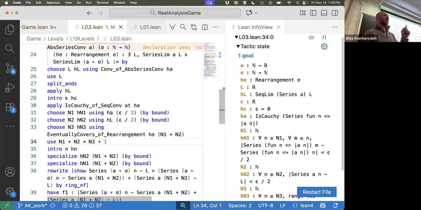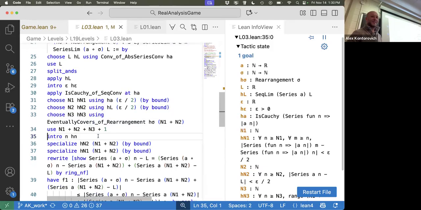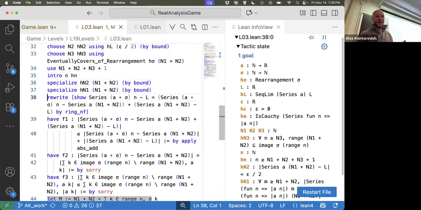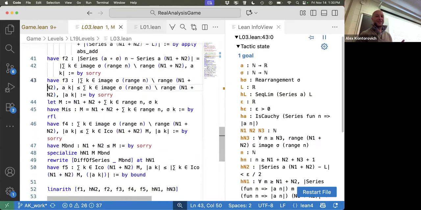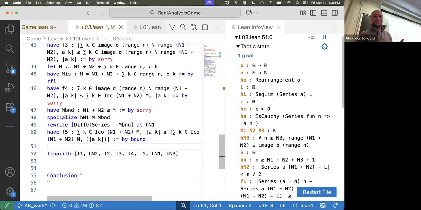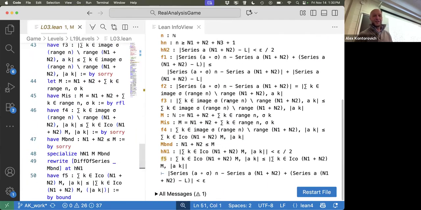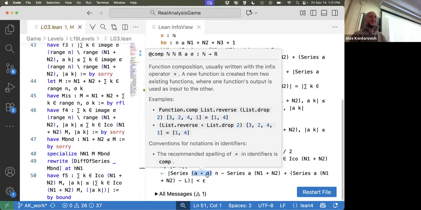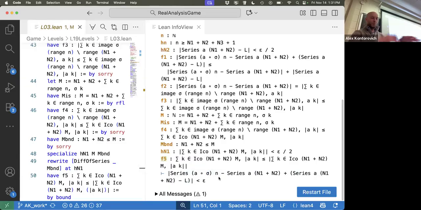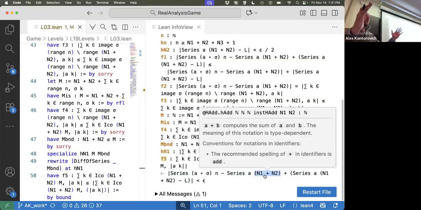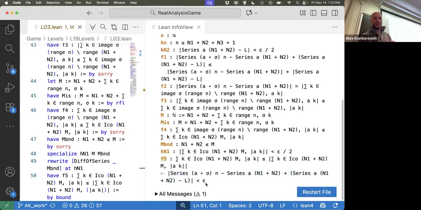This is the subtle stuff that you only get to when you're really formalizing it. So please go through this proof that you'll see in GitHub, put it in line by line into the game and see what happens. Then you give me the L, you do a little bit of analysis, and you get the theorem. So let me just show you what the last step of the theorem looks like. We're still trying to prove that the series for A reordered up to n differs from the series of A reordered up to n1 plus n2. I added and subtracted that, so minus L, is that less than epsilon?